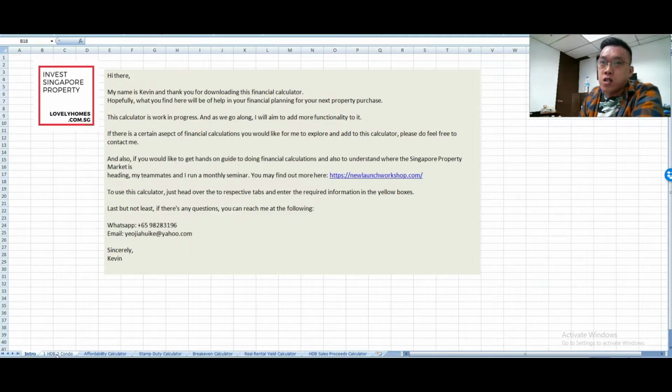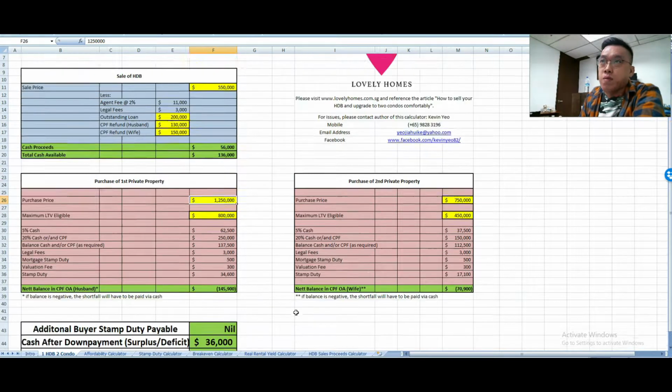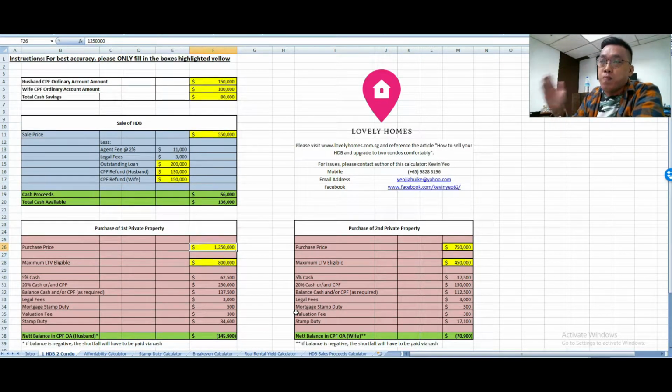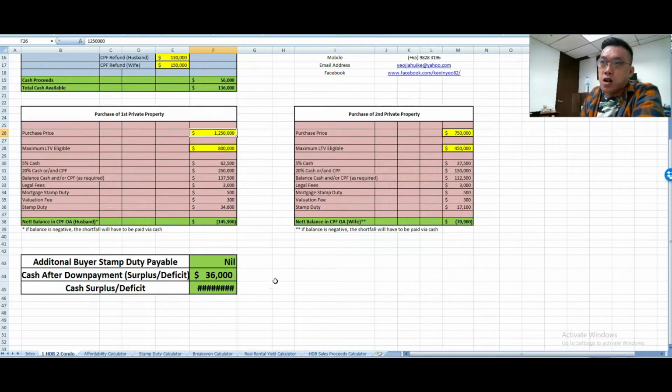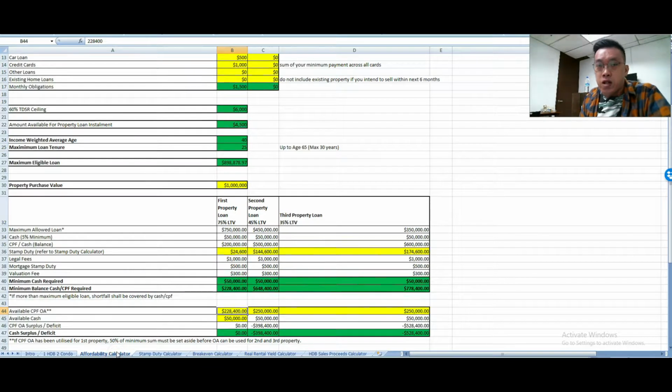I actually came out with this calculator to let people do it hands-on themselves, so that you can input your existing flat details and your own financial conditions, and then at the end of the day, derive the end results to let yourself know whether it is a viable exercise for you and your family, right? It may or may not be, but it's always good to know the big picture first before you go about selling your house, right? And then along the way, I've added the affordability calculator,